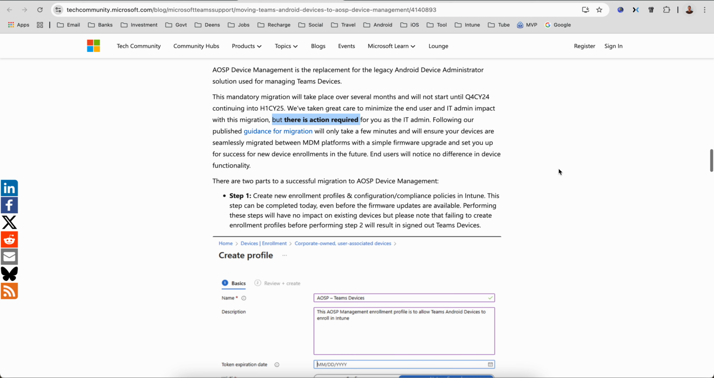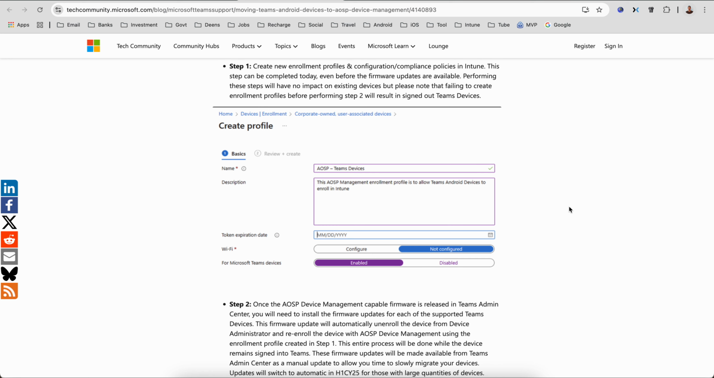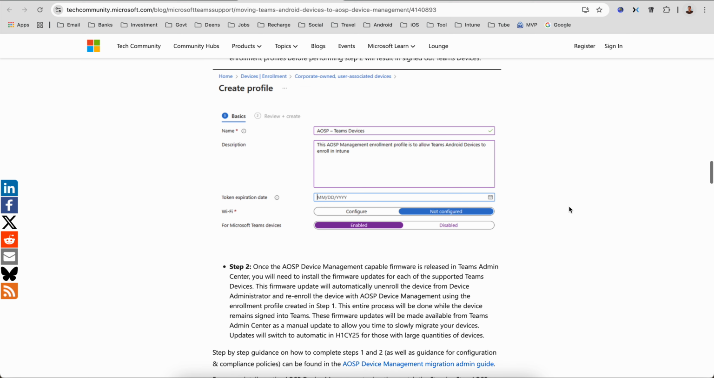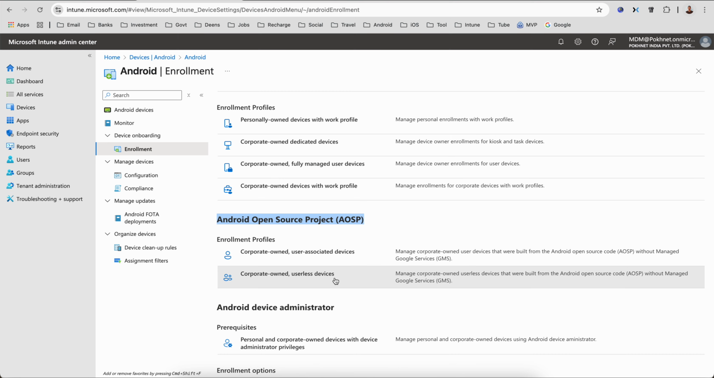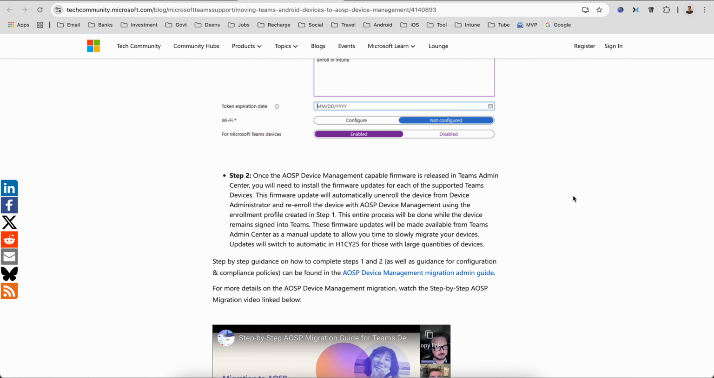So there are two parts of successful migrations. You have to create an enrollment profile and compliance policy, right? As I mentioned, I have already made a video with user associated and userless devices. It's very simple. And then once you create it, and the AOSP device management capable firmware is released in the Teams admin center, you will need to install the firmware update for each of the supported Teams devices, and then the firmware will automatically unenroll the devices from the device administration and enroll the devices with AOSP device management using the